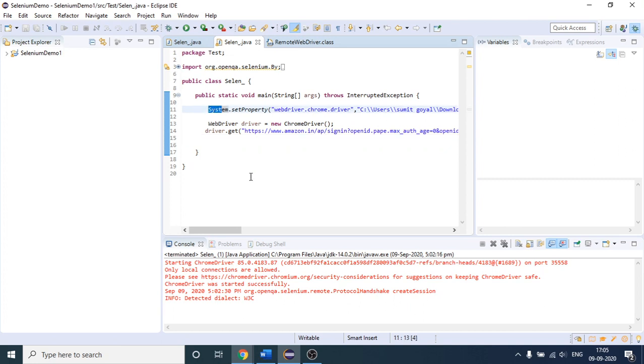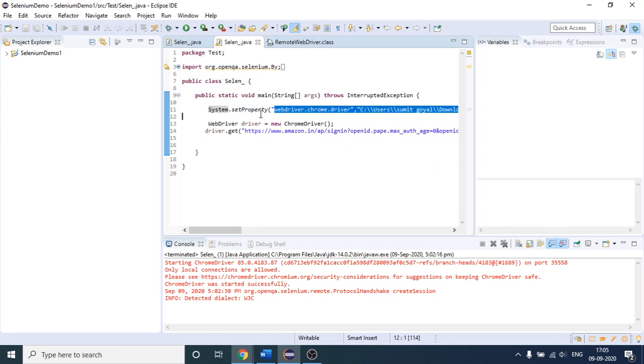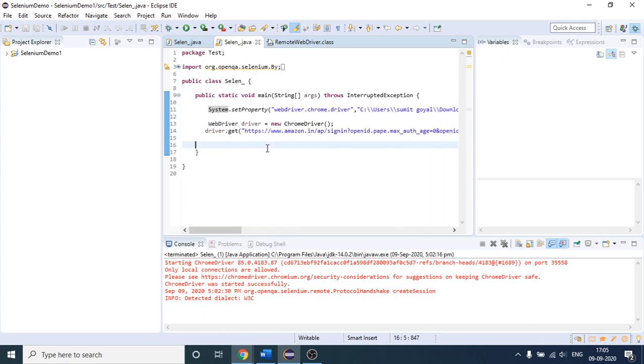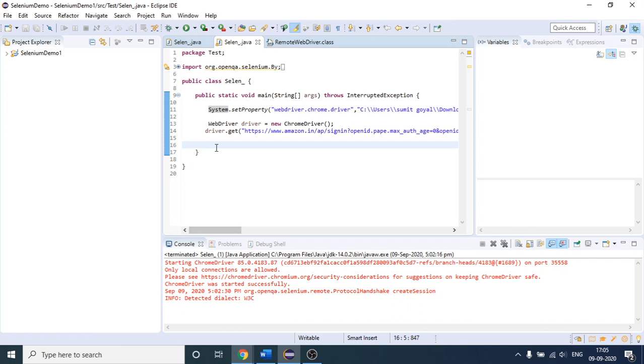This is the property which I am setting: the webdriver.chrome.driver property, and I have provided the path where my chromedriver.exe file is located. Second, here I am just creating the ChromeDriver class object.